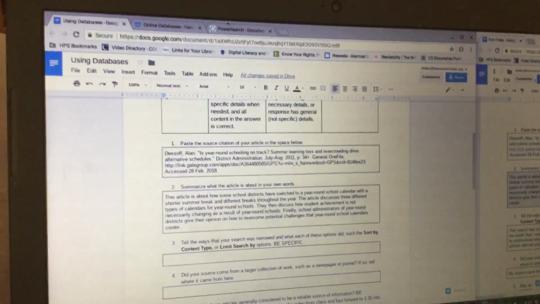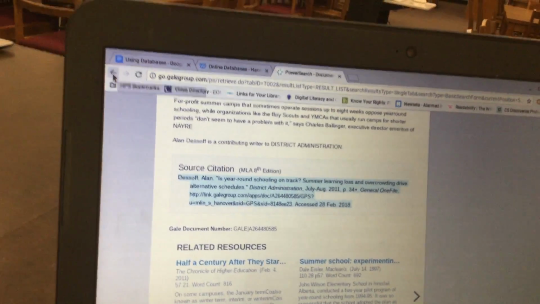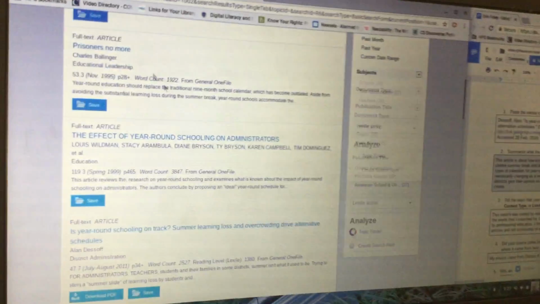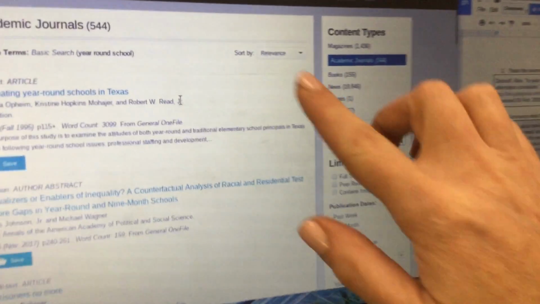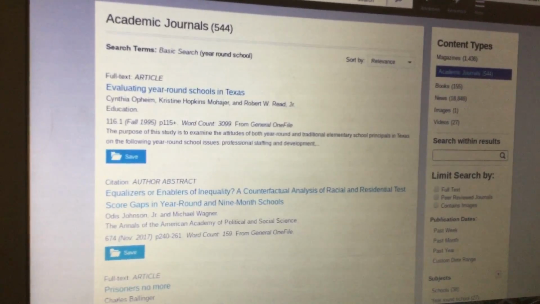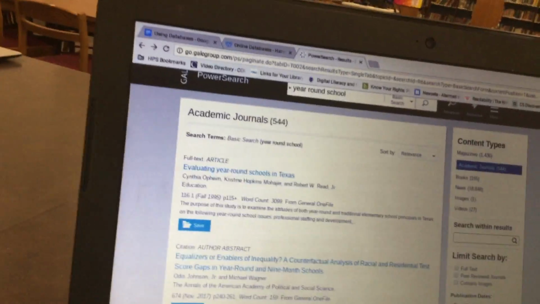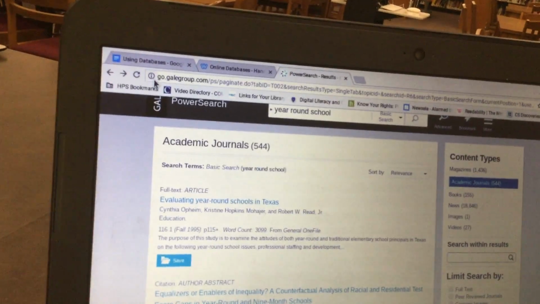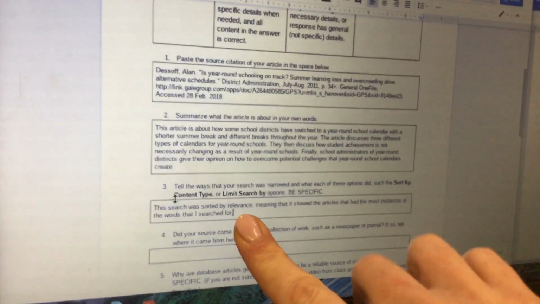Next, what we're going to do is tell the ways that our search was narrowed. So we're going to click back over to our article, and we're going to click the back button so that we get back to the search. And if you need to, scroll up to the top. So first it says sort by relevance. Which basically what that means is that it looked for articles that had the words year-round school the most. So just to go back over to your work, you're going to put a sentence similar to this, and then